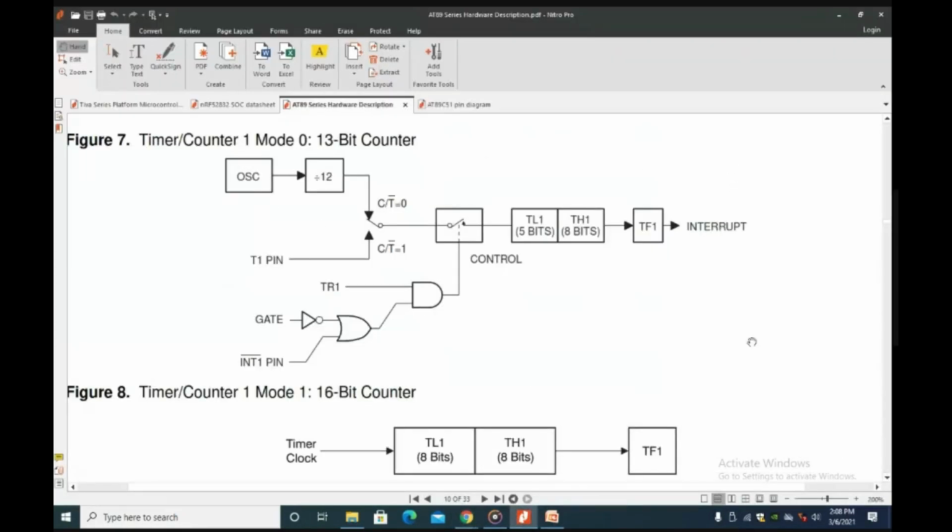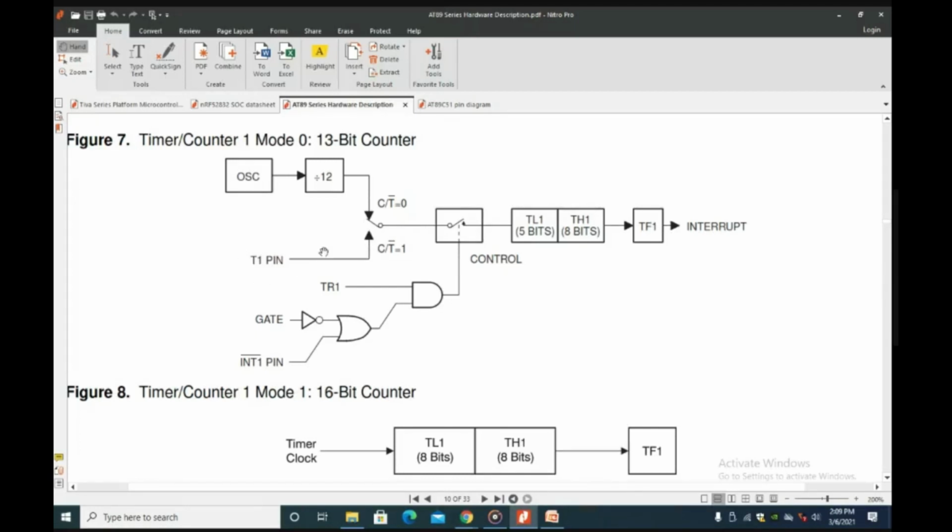Whenever we talk about a timer, our 8051 timer will come to mind, where there is an oscillator of 12 megahertz, divided by 12, so the clock output is around 1 megahertz, and the clock goes into the counter. When the counter overflows, the timer overflow flag will be set. This is for producing the time delay, as we all know. And there is another pin, the T1 pin.